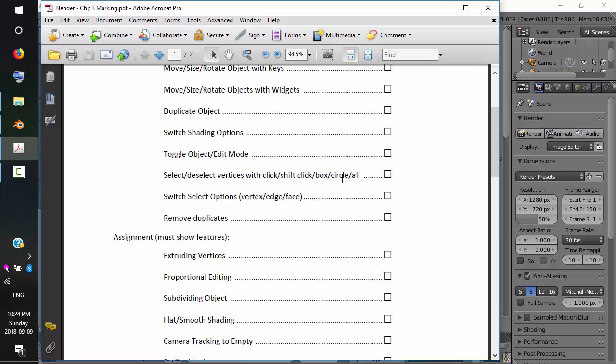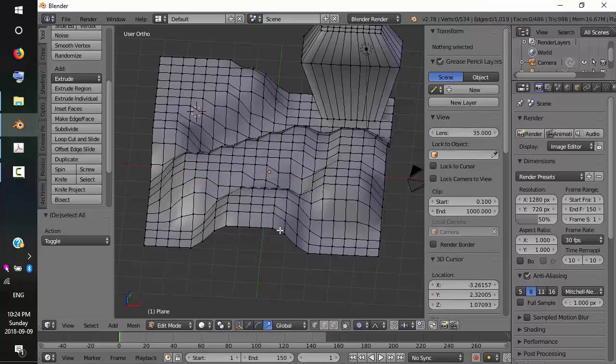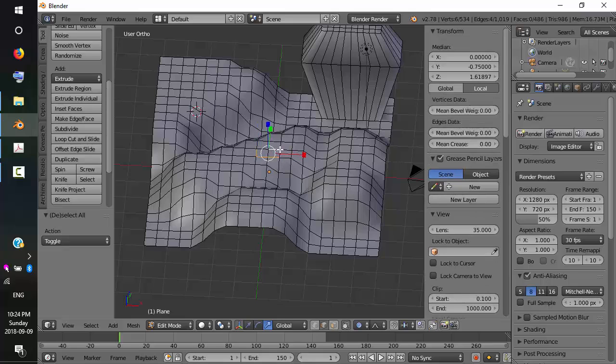And we've done box and circle and all. That's the A key. This was the C key. This was the B key. So we've done vertex selection and deselection. We can also talk about doing edges and faces. So that's these icons down here. So this means a vertex. This means an edge. So I'm going to hold the shift key and